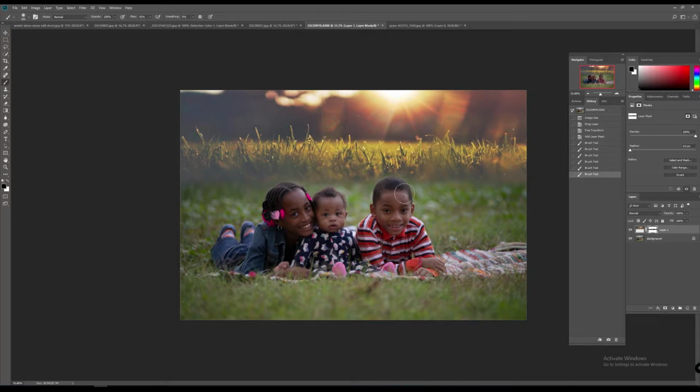Okay, so now that I softened that line, I'm going to go up here to my opacity and lower it down to probably about 40-ish%. And just kind of soften it a little bit more. And then do the same at about 10 to 15%. Just kind of blend it even further. Okay, so I know this looks crazy right now,